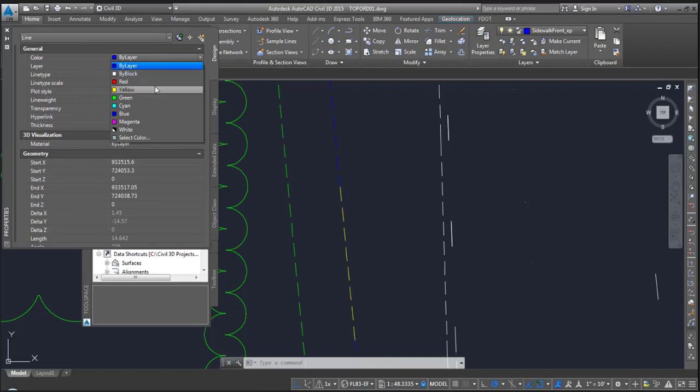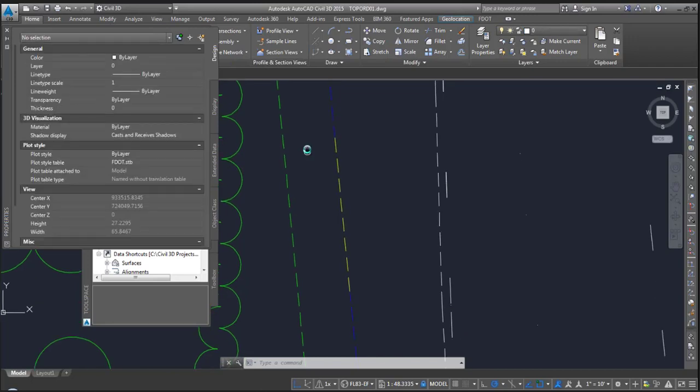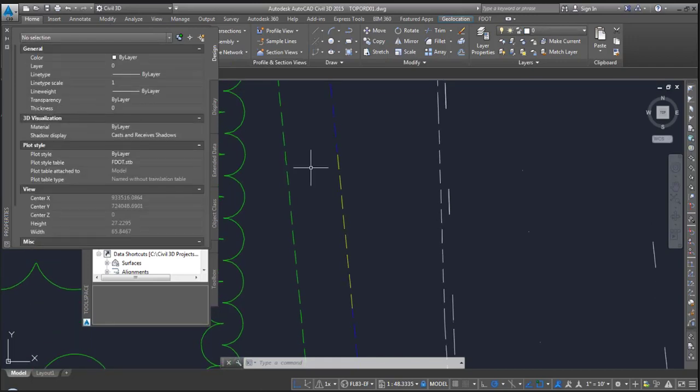The color on this layer is blue, for example. Well, maybe somebody came up behind me, or maybe the translation process didn't work right, and the color is actually yellow, which we know is not correct. It should be a blue color. And maybe this is happening all throughout my drawing, and I'm looking for some quick and easy way to correct this scenario. So what I can do is type in set by layer